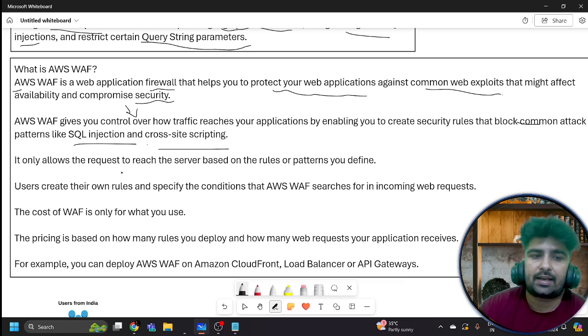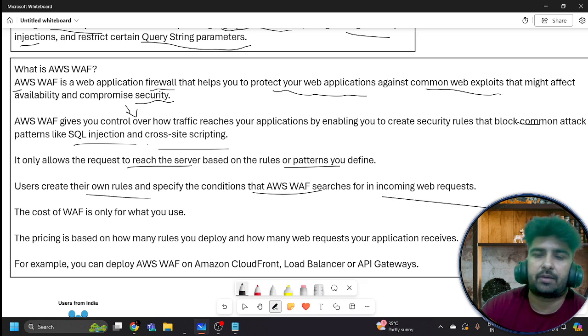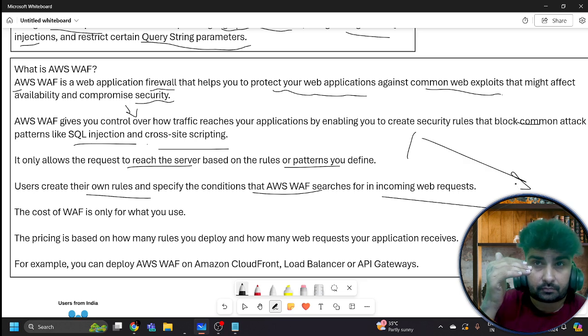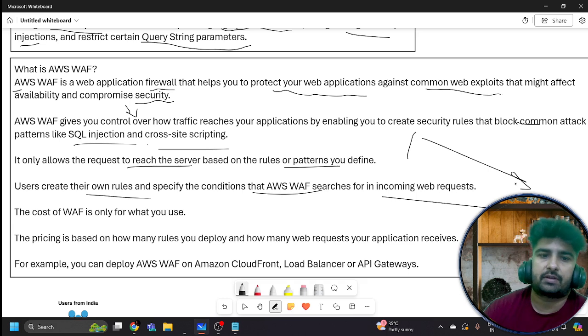It only allows the request to reach the server based on the rules and patterns that you are going to configure. Our users can create their own rules, and we can also specify the conditions in web application firewalls, which search the incoming web request. Whatever the type of request coming from the internet, it will be able to filter out those requests based on the configurations we are going to do with the help of this web application